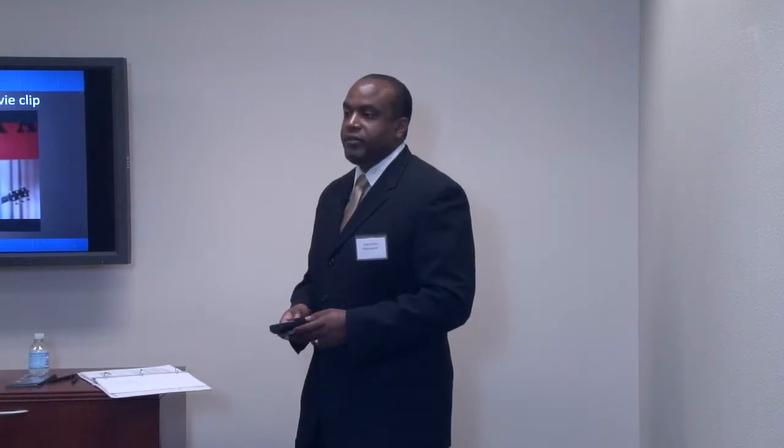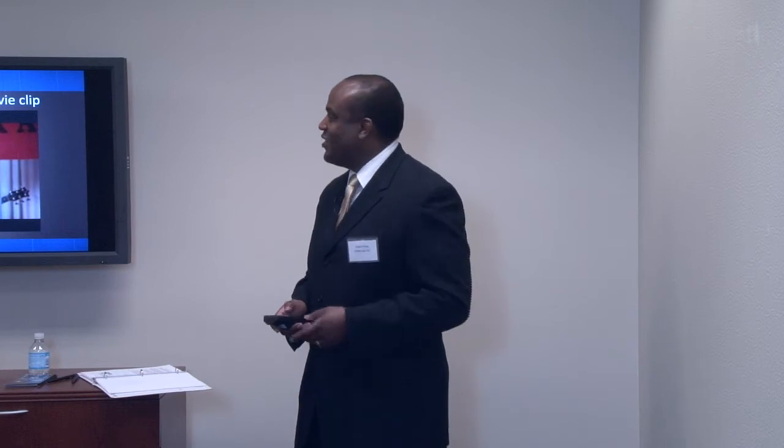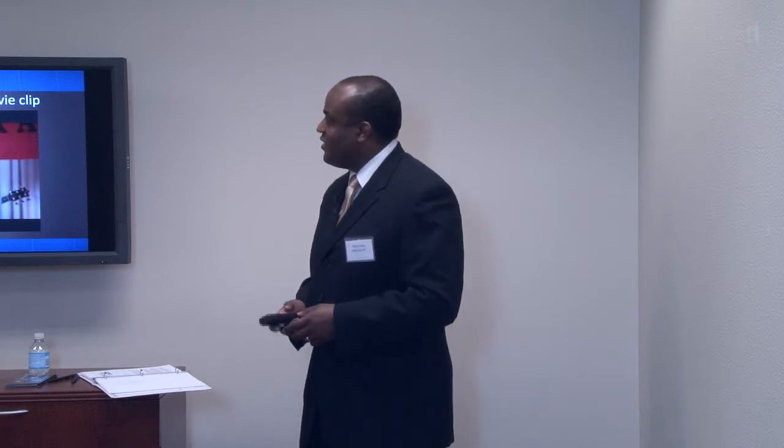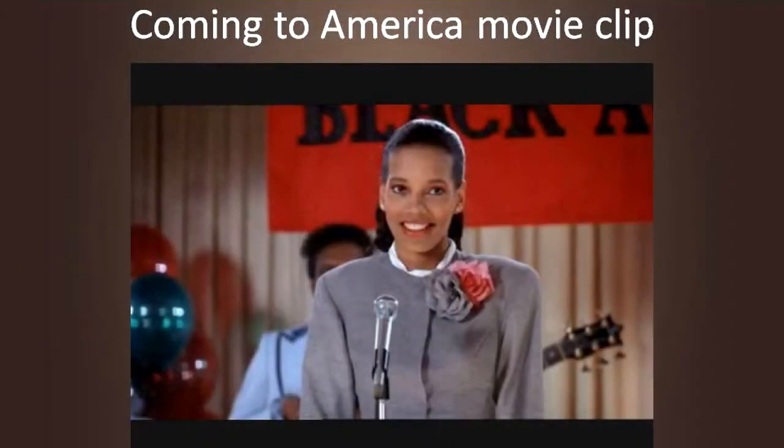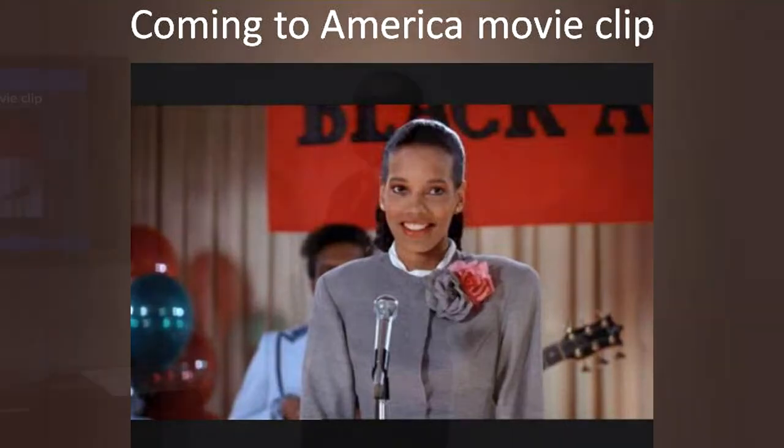This is from one of my favorite movies, Coming to America. Y'all recognize it immediately. And in this scene, you have Prince Hakeem, who comes to the United States to get his spouse. He wants to find this woman he wants to marry. That's her, that's his love interest. And he's in the audience and he wants to impress upon her his ability. So he goes and ends up working for her father, who is Mr. McDowell. Okay? I'll run the scene and then we can talk about it after.